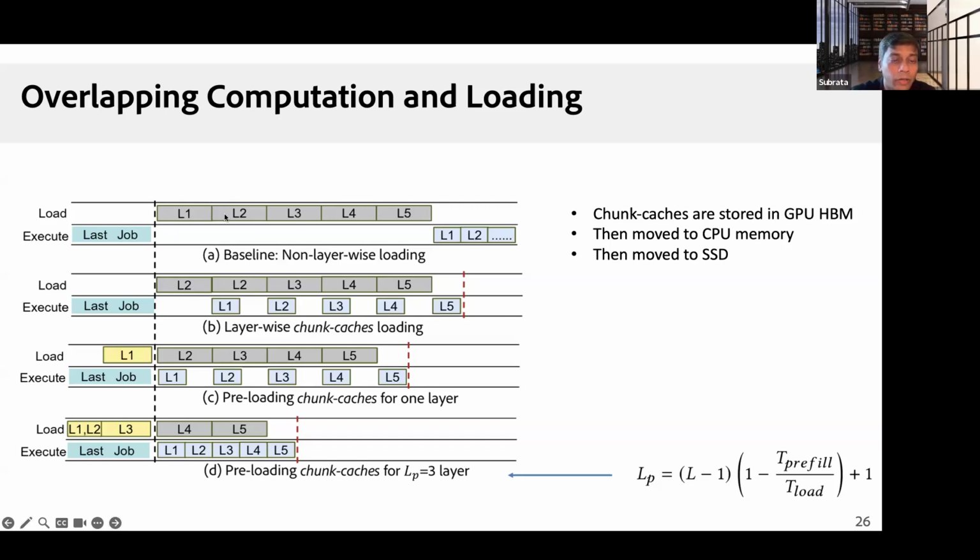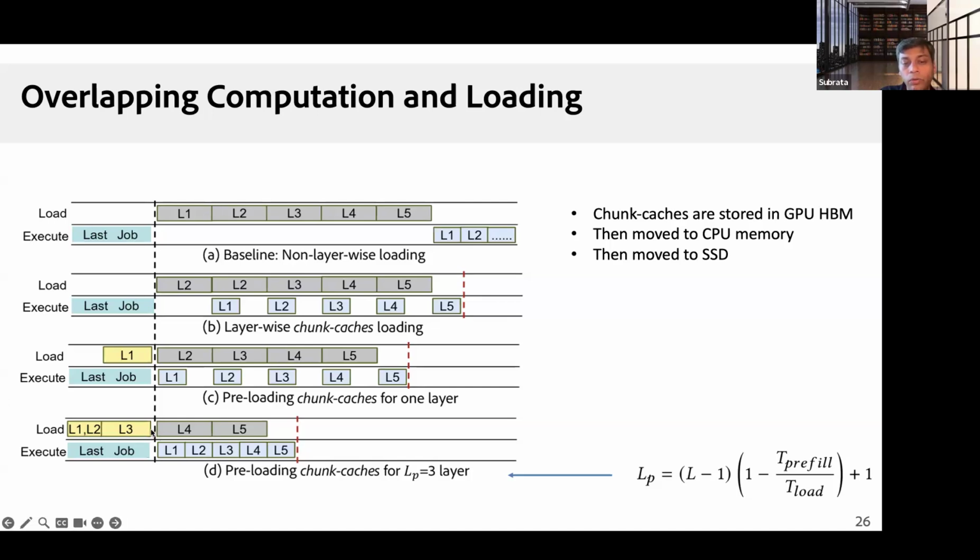Like these are the loading times of the intermediate cache across the layers L1, L2, and only after all of them are loaded, we can start the computation to fix them, which is the bottom L1, L2. Better might be that as soon as we load some of the layer-wise chunks, we can start the computation on that. And even better than that would be that we can preload the chunks' cache for the layer that is needed. But essentially what we do, the last line, is try to find out where the chunk is and how long it will take to load into the GPU, using this T load, and what is the time that it takes before it is needed for the computation. So based on this